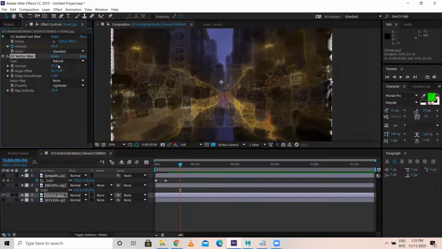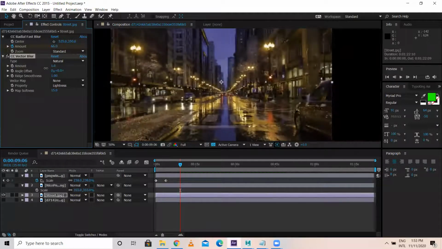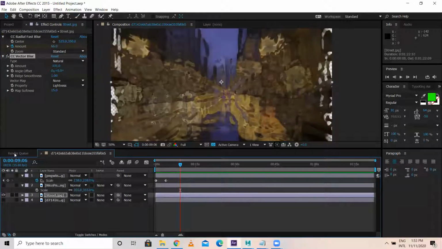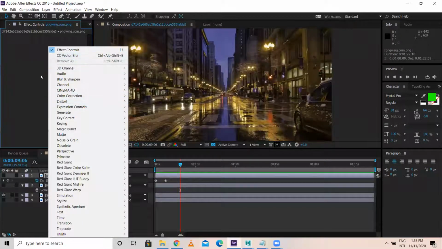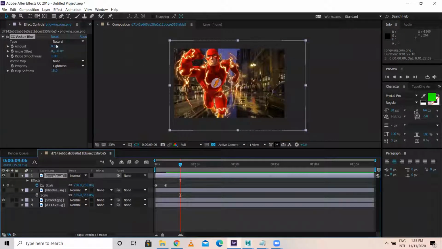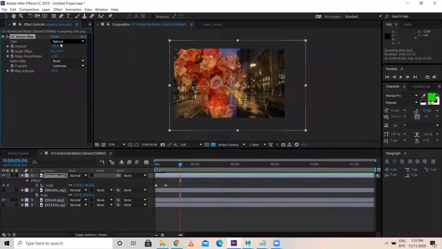For example, let's say we have the superhero. If we have comic effect, this looks something like this. Okay, how do I explain?